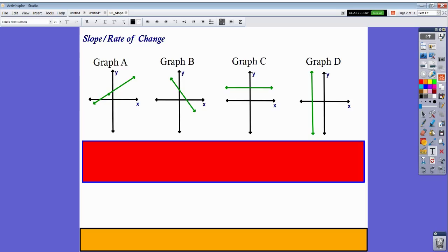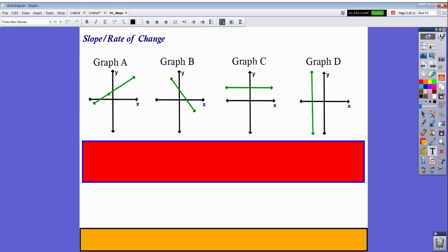So as you can see, we have four graphs. We have graph A, graph B, graph C, and graph D. And each of these graphs are different. They all have four different rates of change. So when we look at the first graph,